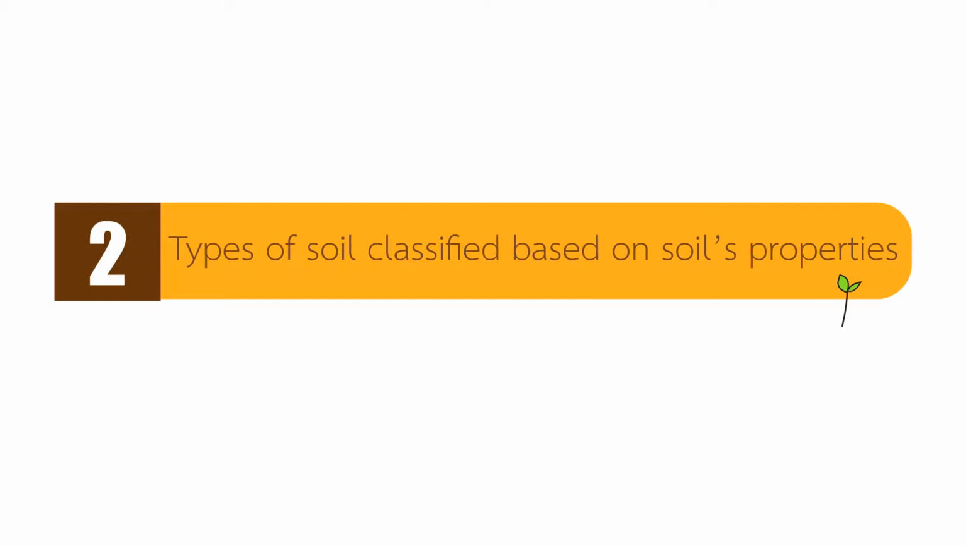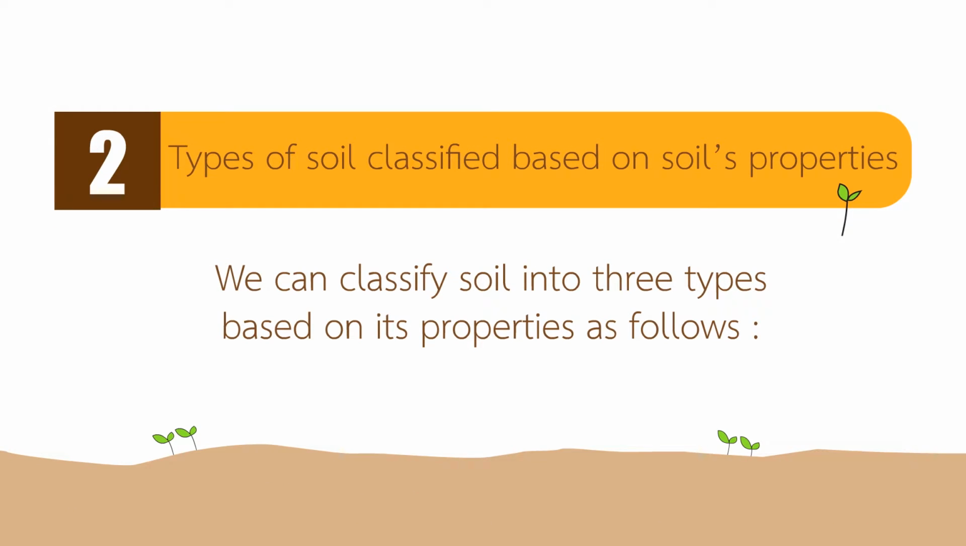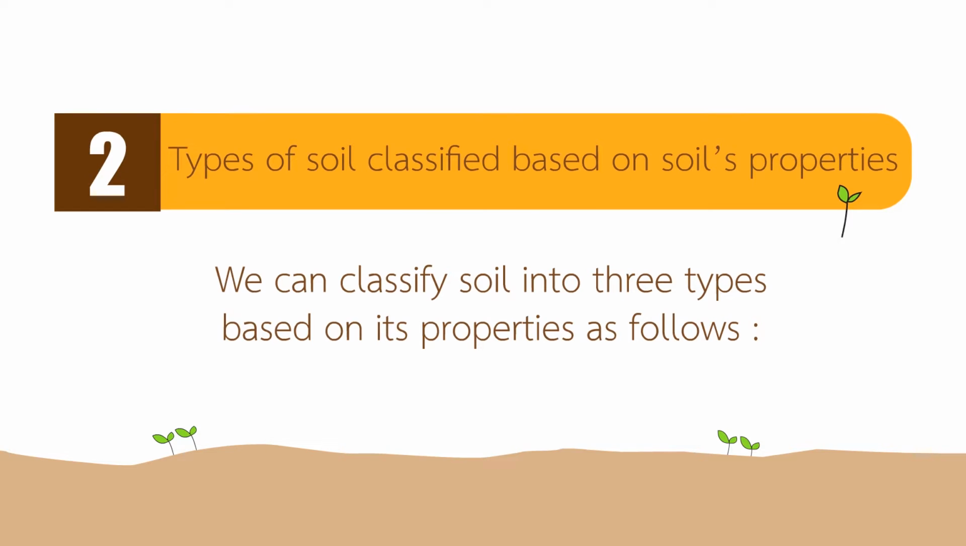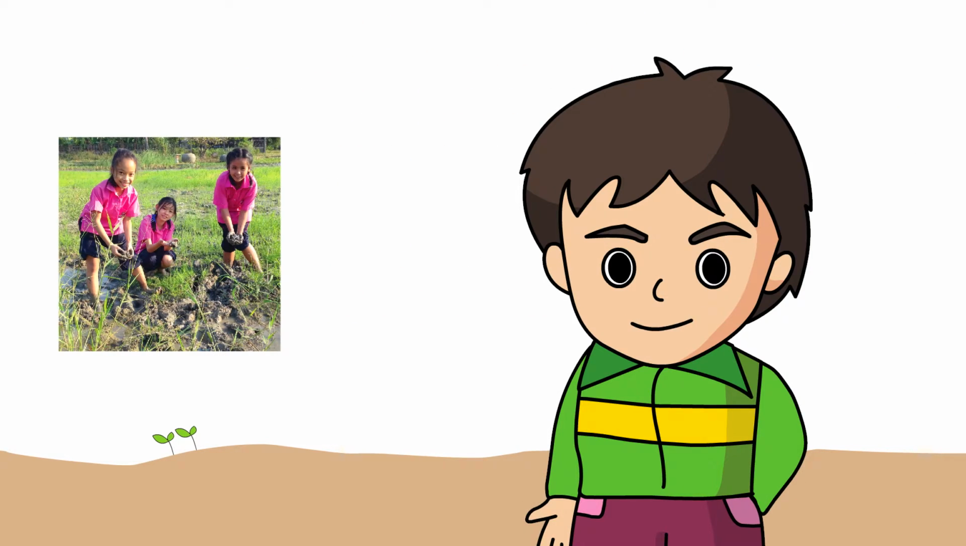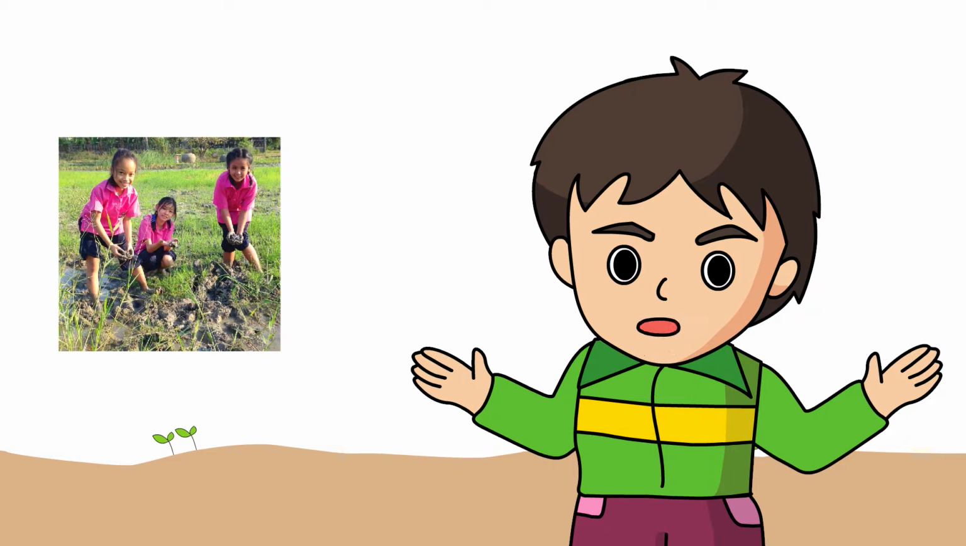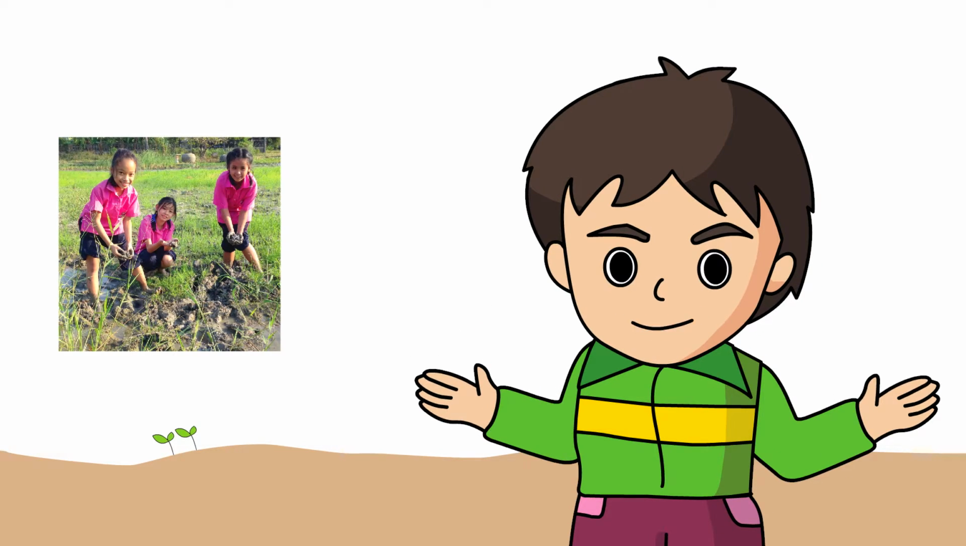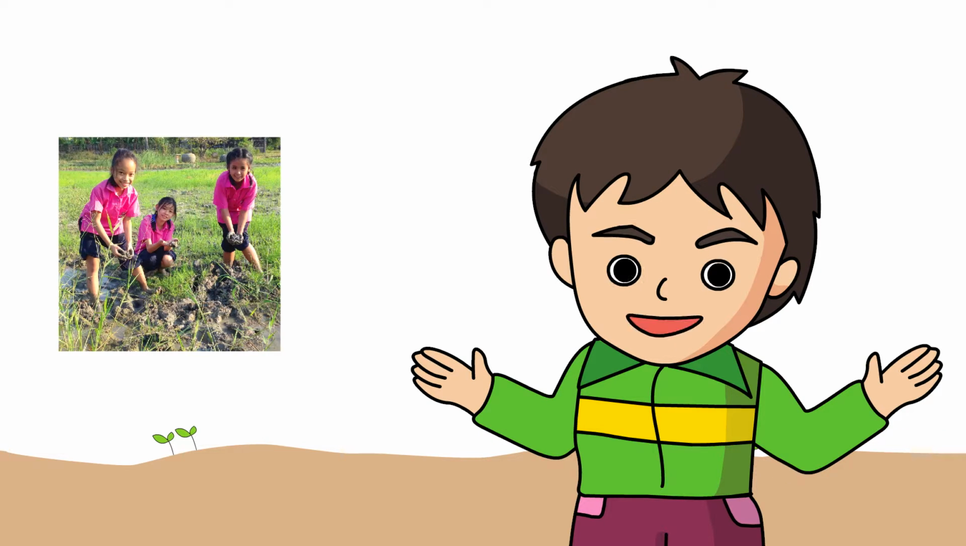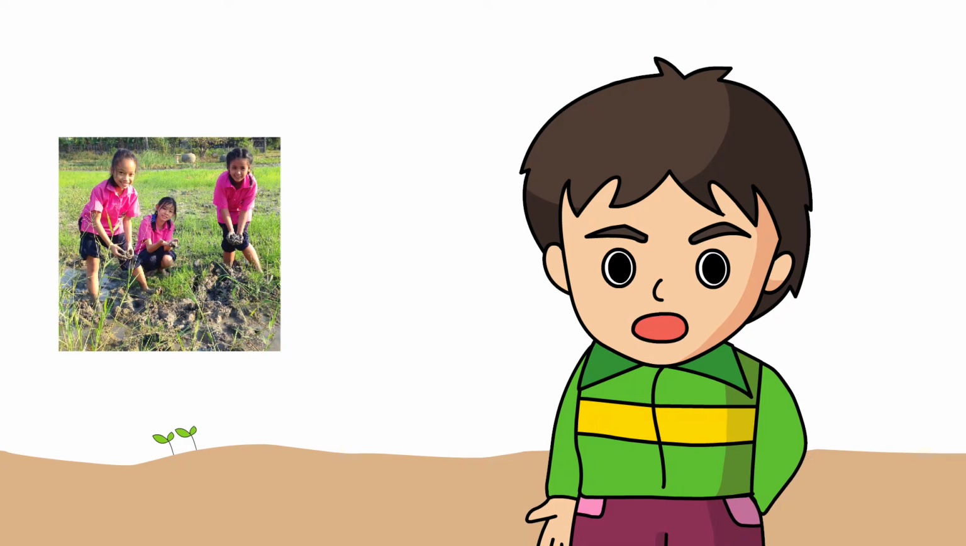2. Types of soil classified based on soil's properties. We can classify soil into 3 types based on its properties as follows. Clay has small particles and little space between the particles, so water and air can hardly pass through. Due to its good water storage qualities, it is suitable for growing plants that require a large amount of water,